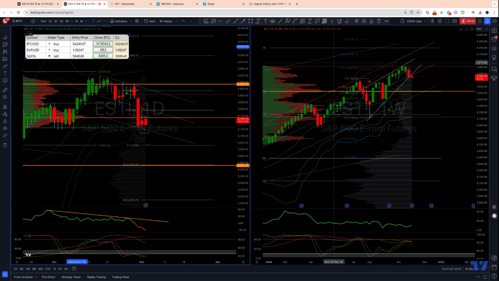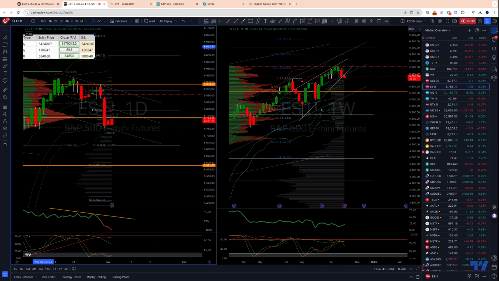Want to update the S&P 500 view using the E-mini futures contract and put together a trade plan for what is poised to be quite a volatile week ahead and identify some potential action areas and price objectives that we can realistically target. Before we jump in with the macro and the technical updates,